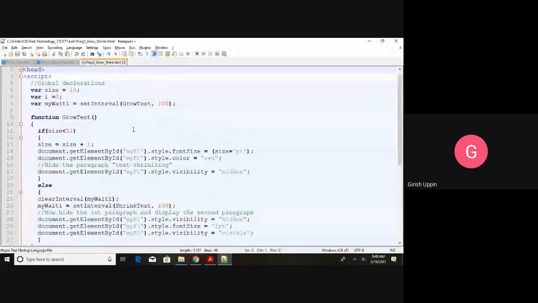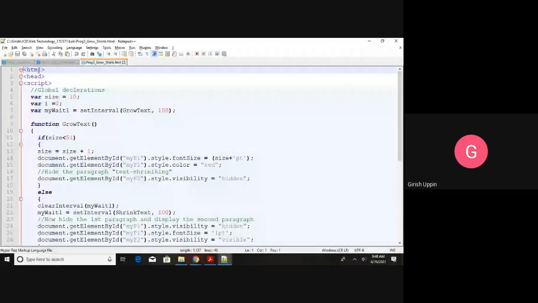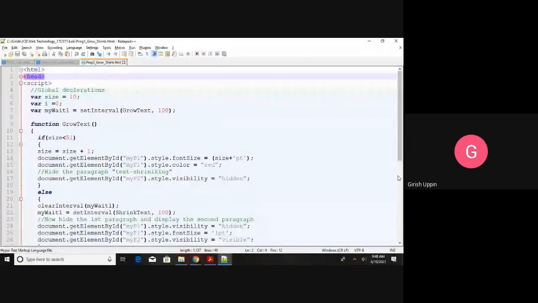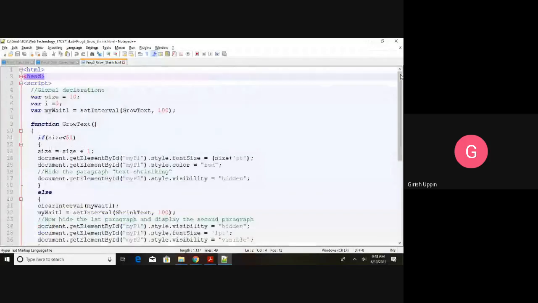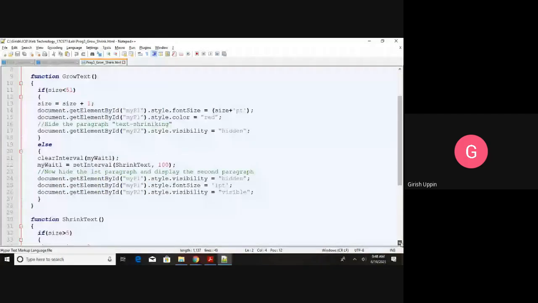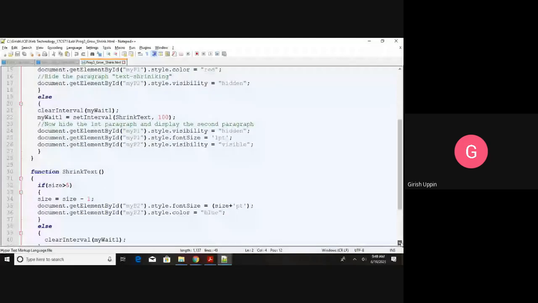We have HTML, inside that we have the head, and inside the head I have the functions. There is not much CSS, so we will look into the scripts, the JavaScript functions. Before that, we will see the HTML part.